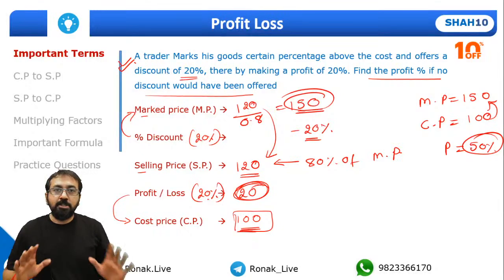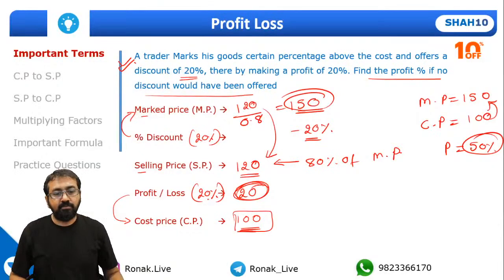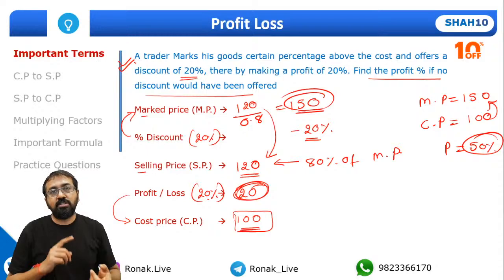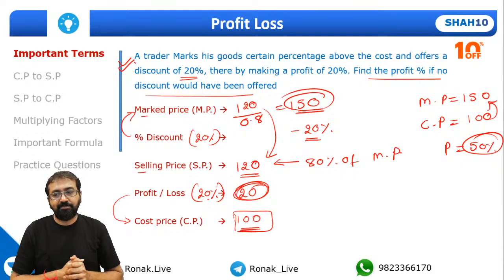क्या सबको समझ में आया ये मैंने क्या बताया? Cost price, profit, loss, selling price, discount, mark price. Guys, are you all clear? Show me a thumbs up quickly. एक थम्स अप तो बनता है, ठीक है।